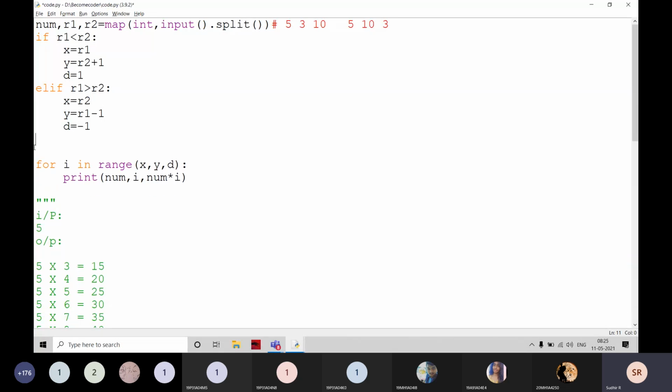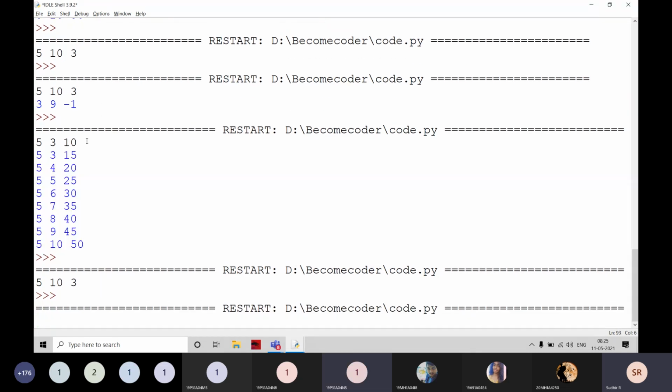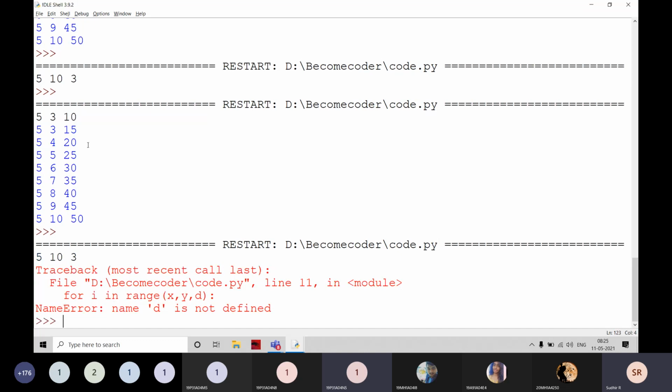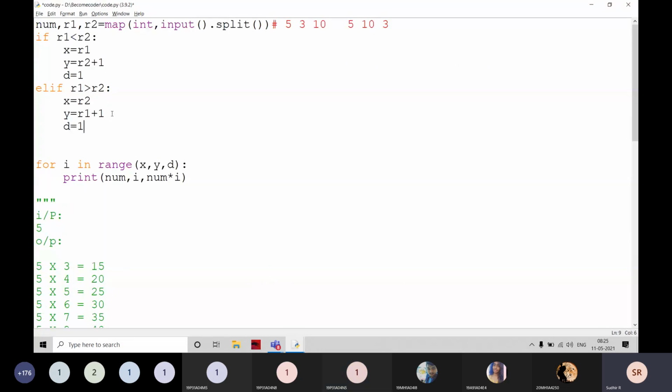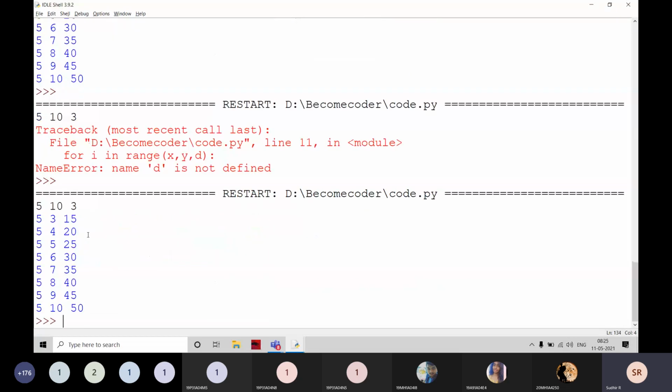How am I going to do it? Simply, this is not a decrement or anything like that, it is going to be a plus 1. If I write it, it is executed normally. If I execute it and give the input like this, d is 1 here also. Here also d is 1. Is it working normally or not, either like this or like this?